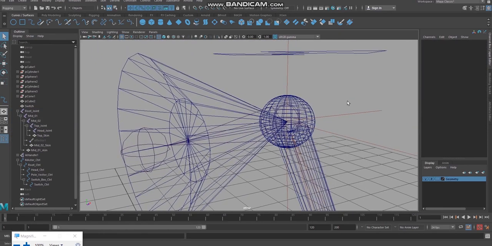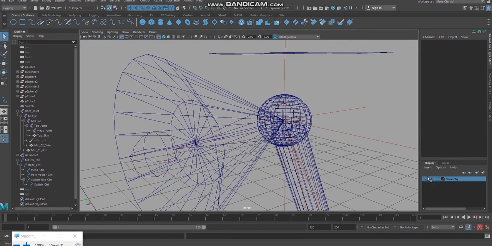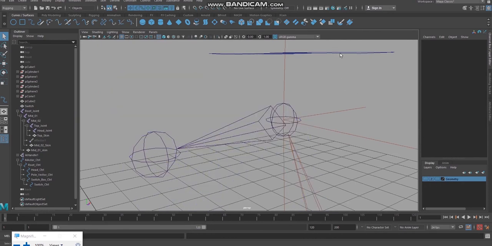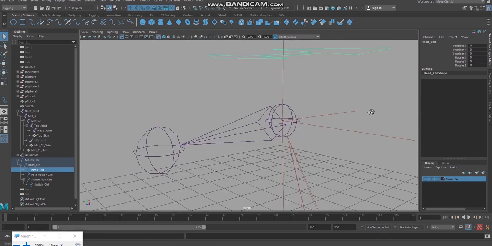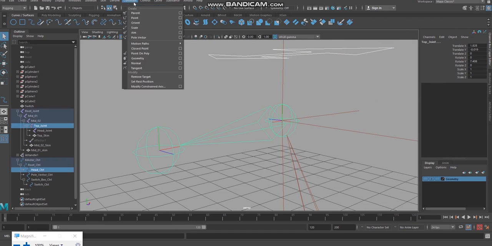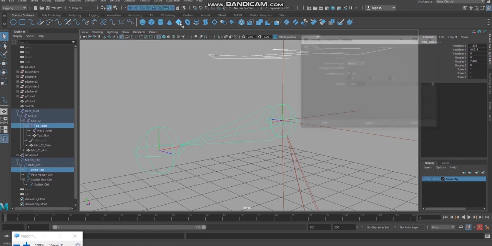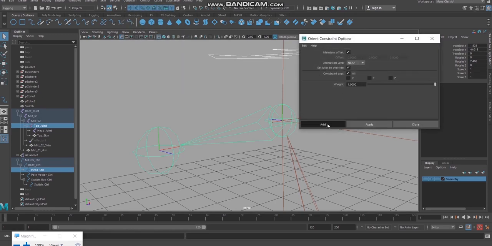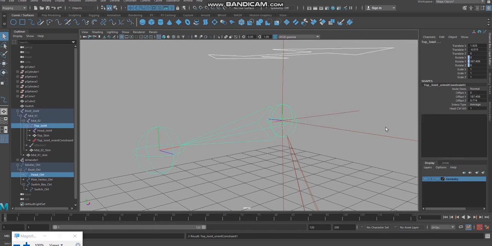So better to select manually here. To turn off this geometry, select this and shift select this. Go to constraint, and which one? Orientation is for rotation, right? So give orient constraint.